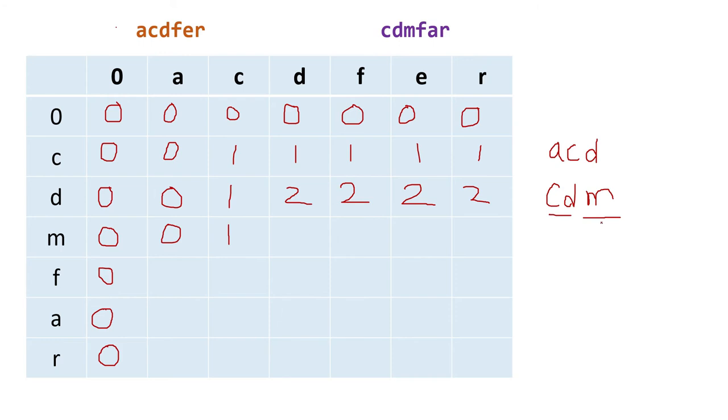So I have to take the previous best choice for me. So either it will be ACD and CD, right? So between ACD and CD, what is the best one? I have to check, or I have to check between